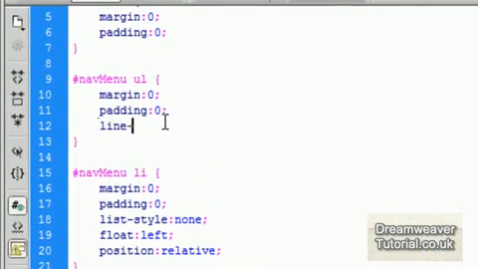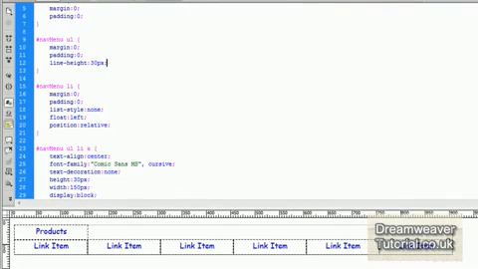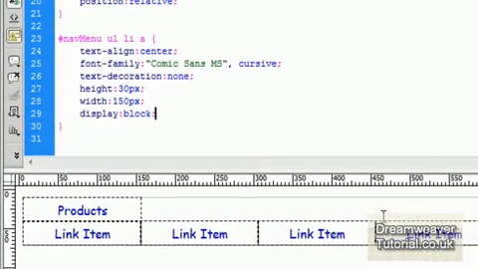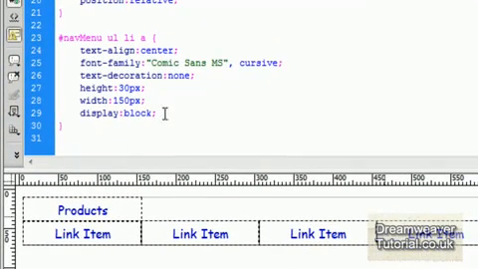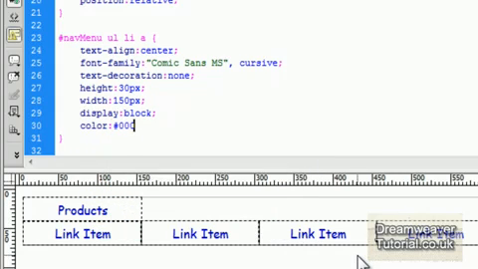Okay, so I'm going to center all of the text as well inside of that area. So I'm going to type in line-height: 30px inside of the nav menu UL. Okay, you can see that centered it nicely there. Okay, I'm just going to adjust the color of the text links to black. So I'm going to type in color: #000;